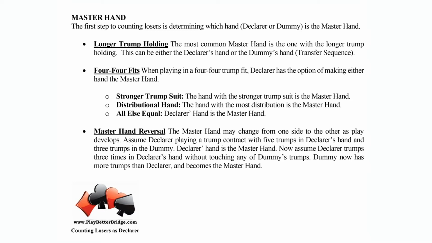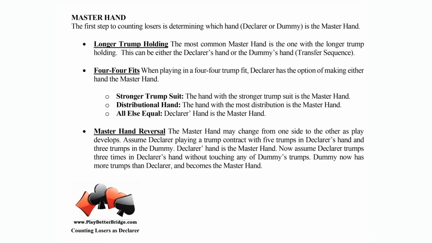Now, first task at hand is to determine which hand you're going to count your losers. Are you going to count losers in the declarer's hand, or are you going to count losers in the dummy's hand? Once you identify one of those hands, either the declarer or the dummy, that becomes the master hand. And the hand opposite the master hand is going to become the cover card hand. Okay, so everybody has a title. To choose that master hand,